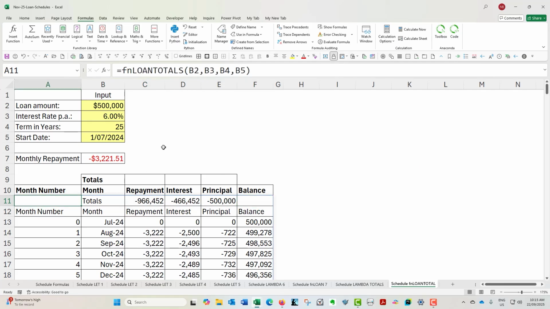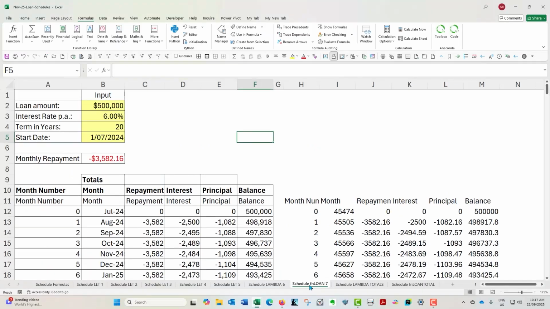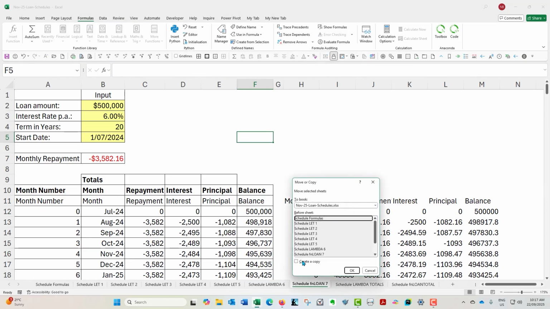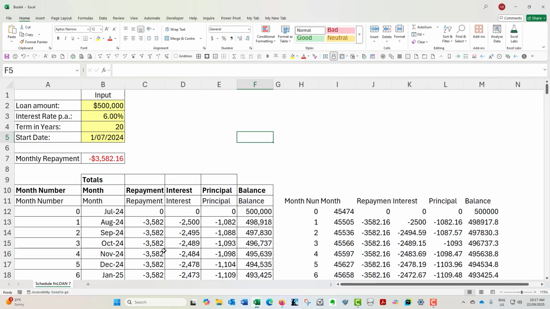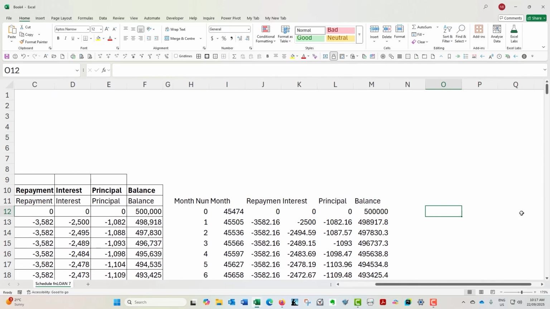Custom functions are really powerful. If you've got a complex formula, and we created a very complex formula, we've converted that into a simple to use function that you can use in other files. So if you go in here and right click, Move or Copy, we can create a copy of this sheet and put it in a new book. And what you can do is, let's go over here. If I go equals fn loan,